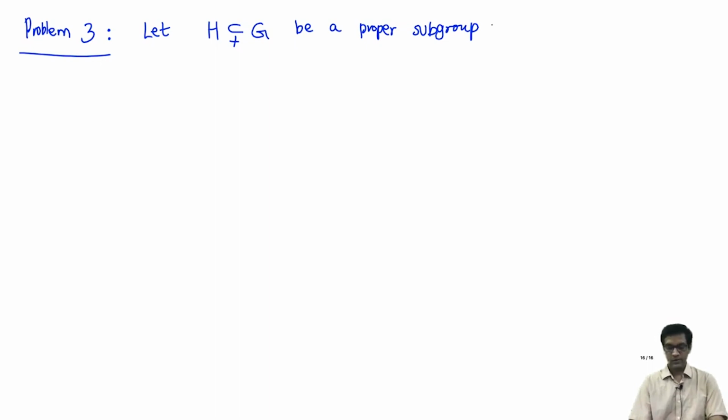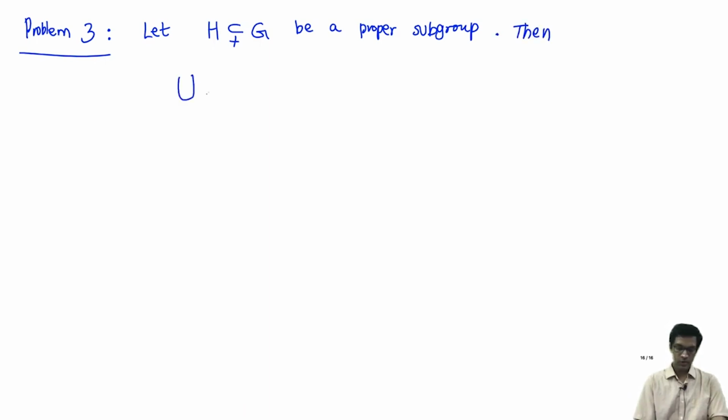In fact, for all this you don't even need finiteness for H and G, but if you wish you can assume that they're all finite. Let H subset of G be a proper subgroup, then